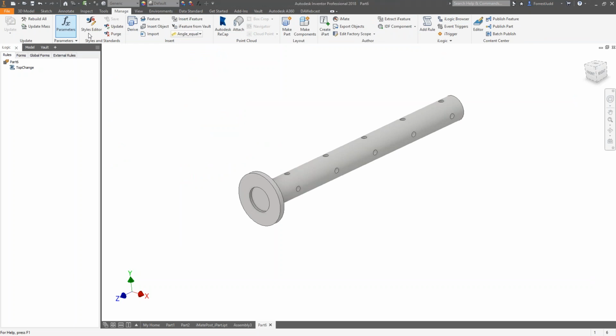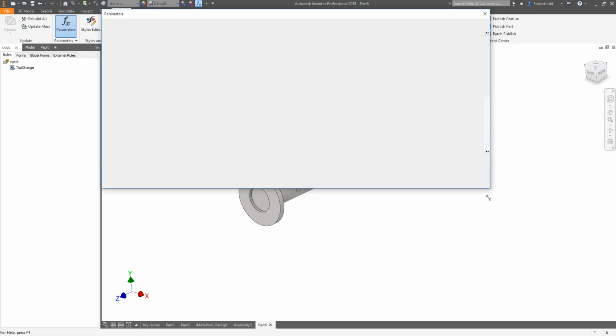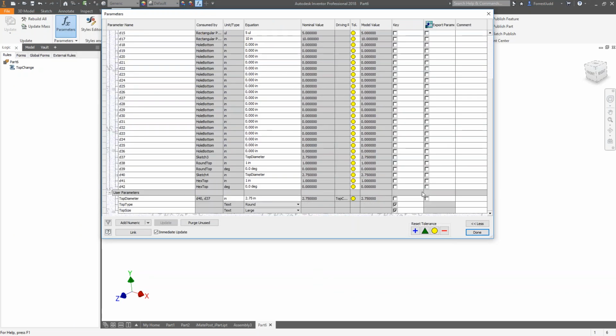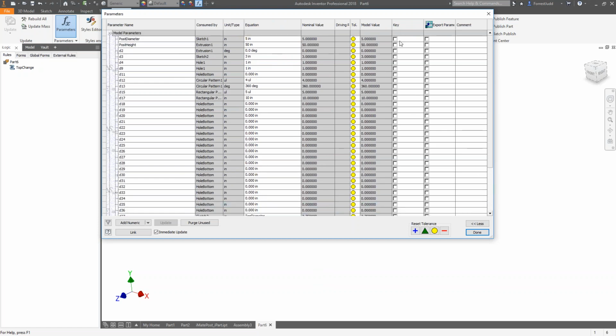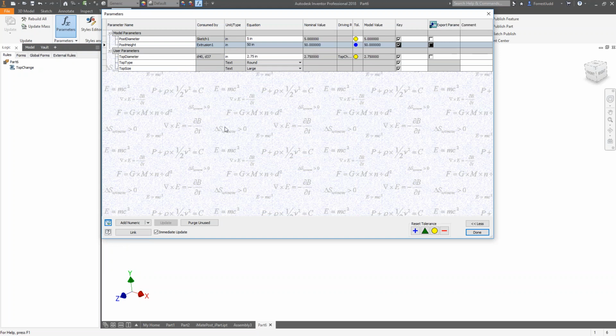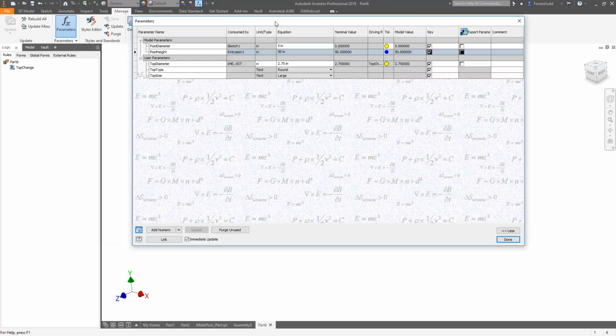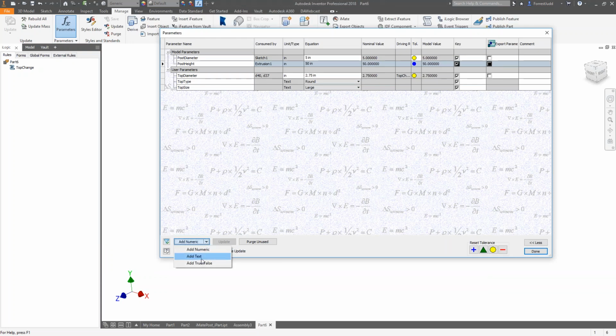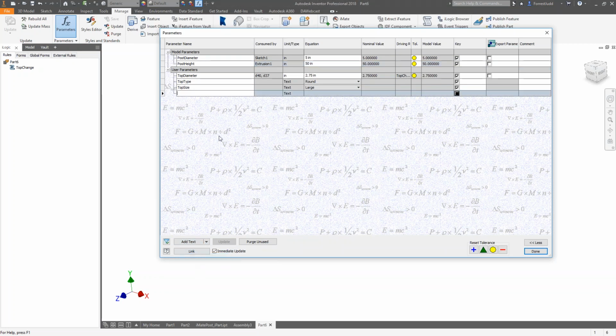So this is a great feature that iLogic added when it was integrated into the software. One thing for sure with the idea of key parameters: I have all of these model parameters that I don't necessarily need. Certain parameters I do want to keep. I can set those as key parameters and then filter this list and say, show me only the important ones. This is a huge benefit if you're manipulating complex parts. But I also have parameters here that are text parameters. Right? I can add text and Boolean parameters, and even our numeric parameters now can also be